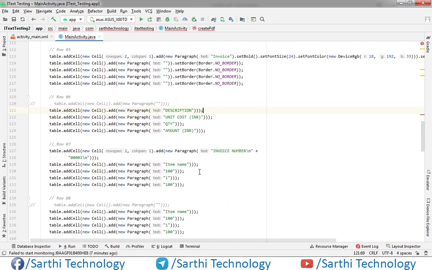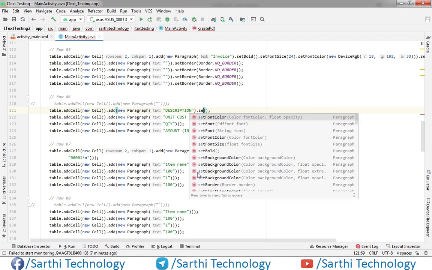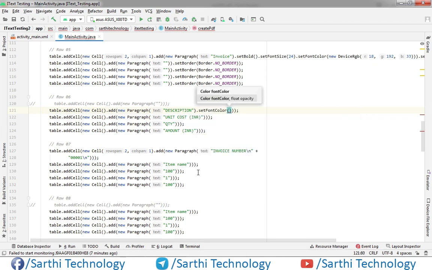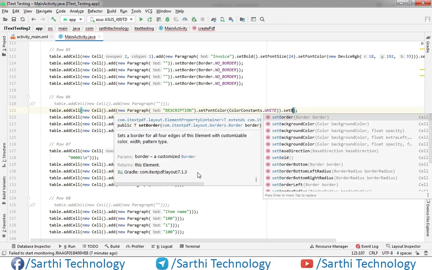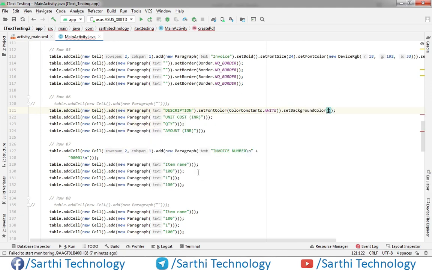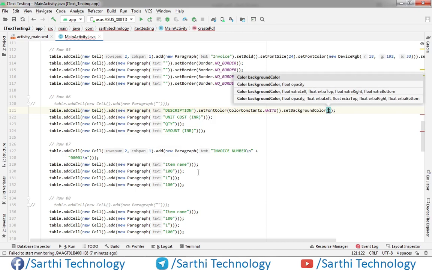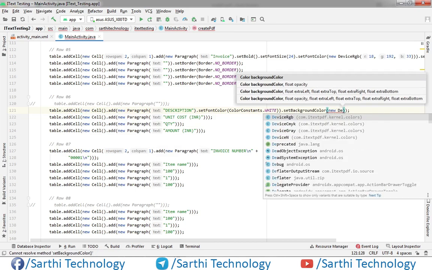Now here in the description set font color and color will be white, color constant dot white dot set background color and background color new device RGB.